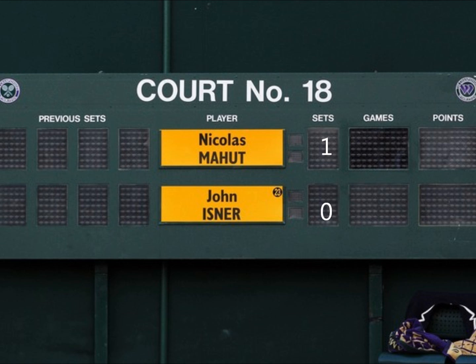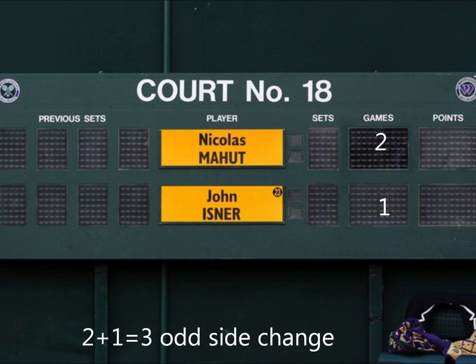So basically, you have to win a set. And in a set, you have to win 6 games. And in a game, you have to win 4 points, that is 15, 30, 40 and game. The sides of the court are changed when the sum of games in a set is odd. That is, if 1-0, then the sum is 1, so the sides will change. If the set score is 2-1, then the sum is 3, that is odd, so the sides will change. If 3-0, 5-4 and so on.